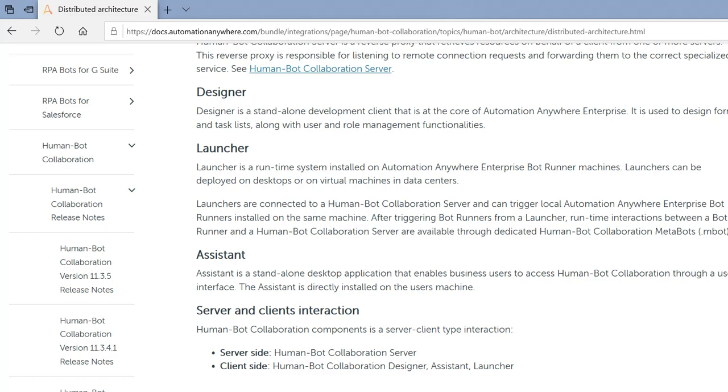Here you can see some of the basics: designer, launcher and assistant. These are the three cores in human bot collaboration interaction. So HPC is like an orchestrator. In UiPath you have Orchestrator, right? The same way in Automation Anywhere, HPC is a private orchestrator. So the designer, the developer will create